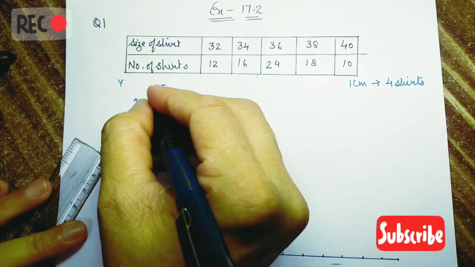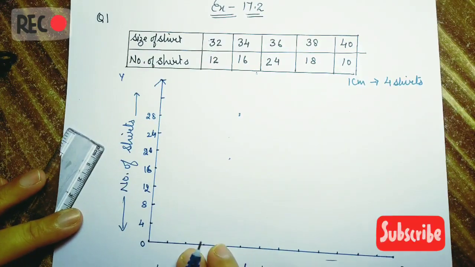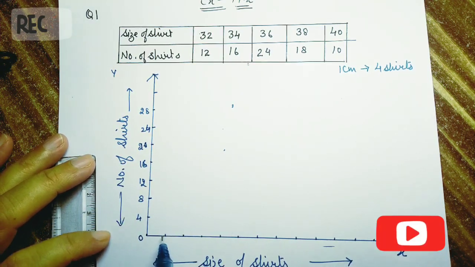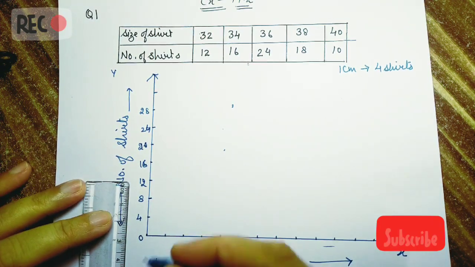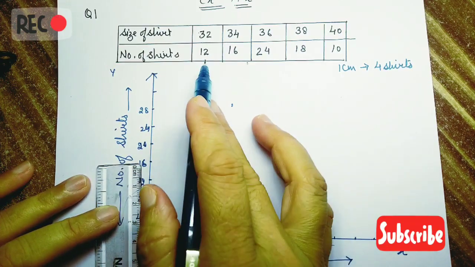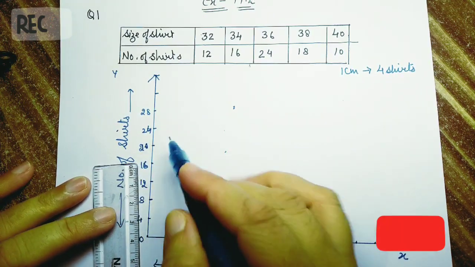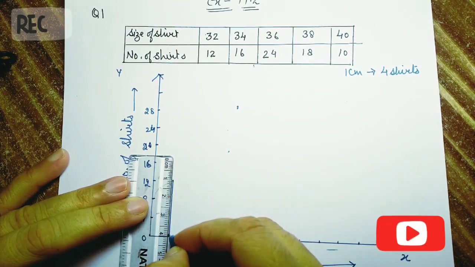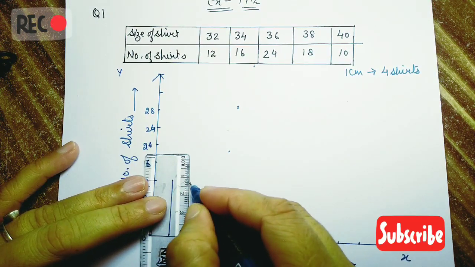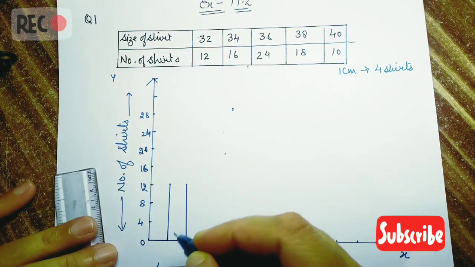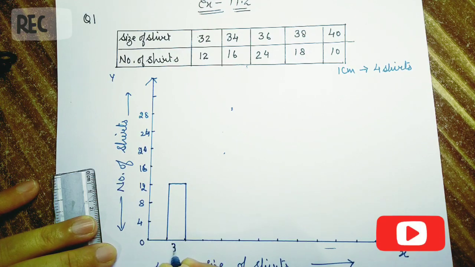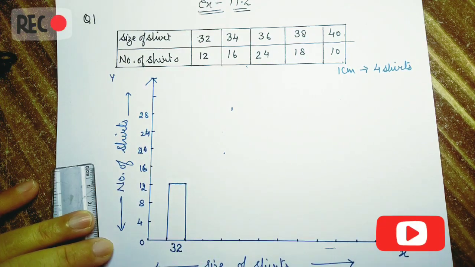28 and so on. Okay. Now students, as I told, when we draw the bar graph, we start the bar graph by leaving one block. So I am leaving here 1 centimeter, and the first is size 32, which represents 12. So observe, the 12 is here. So draw your rectangle, draw your bar till 12. Okay. Now the first bar is constructed, and here downside we will write, this shows the size 32.